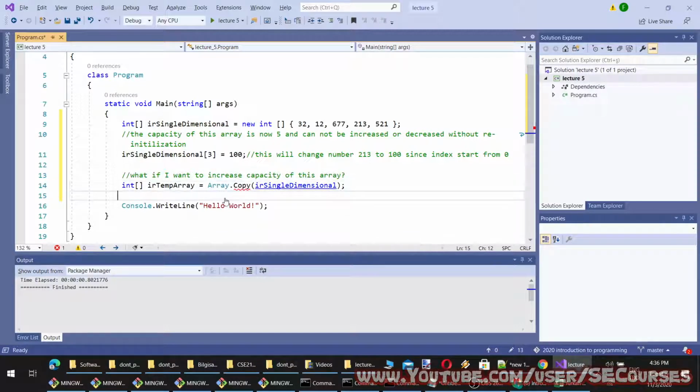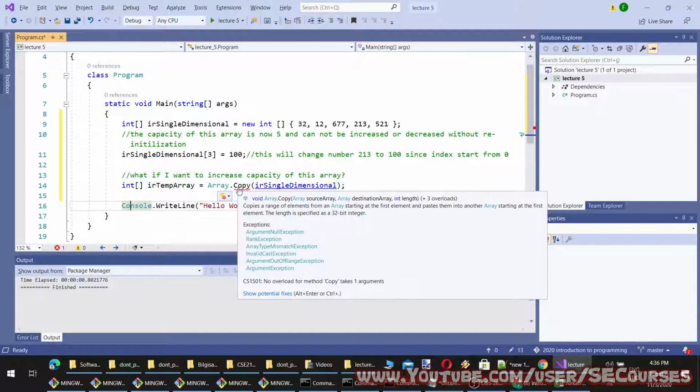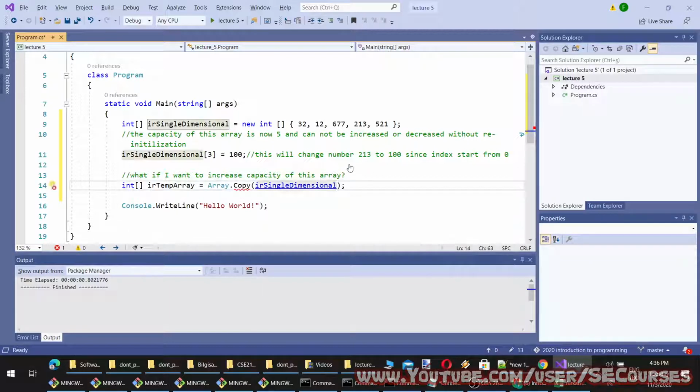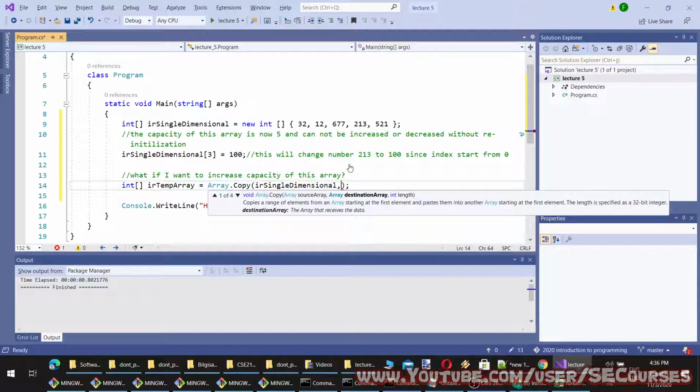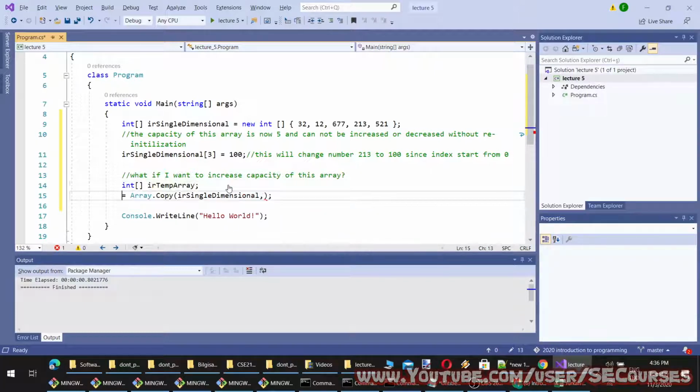Okay, like this. Array, source array, destination array.